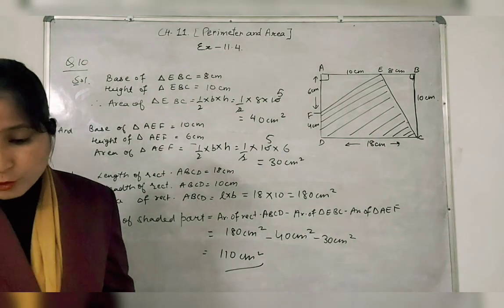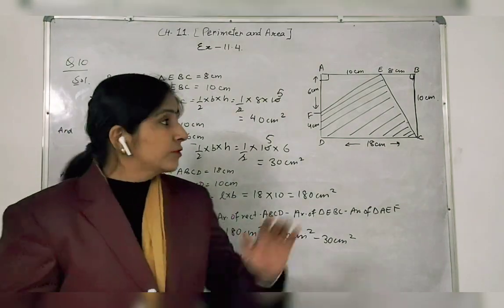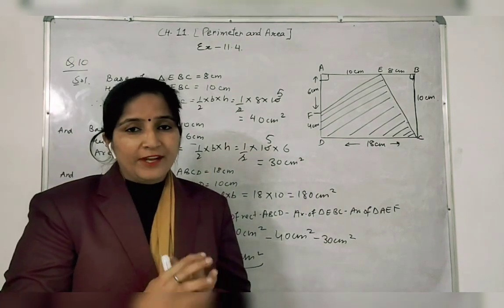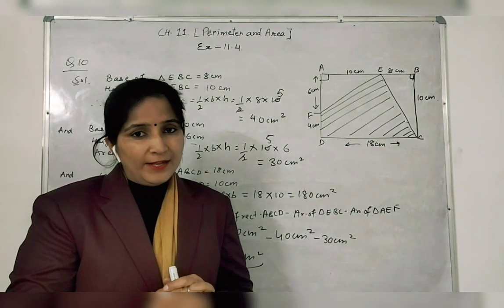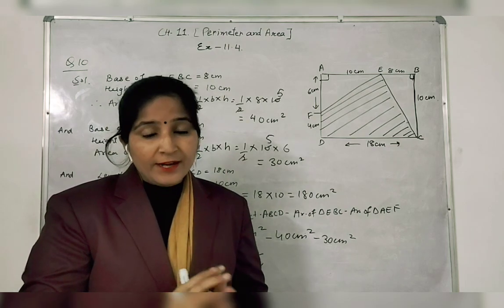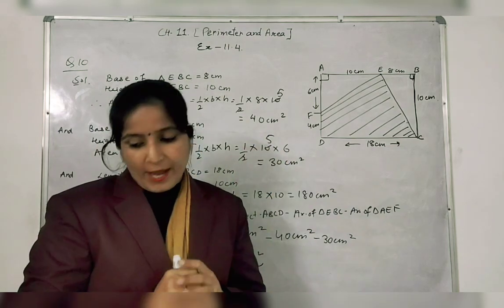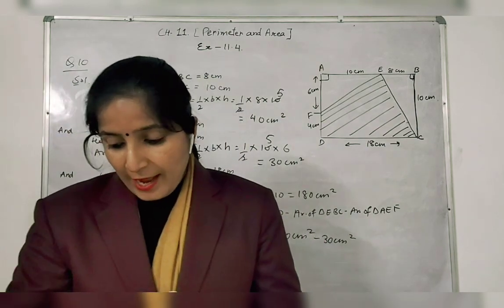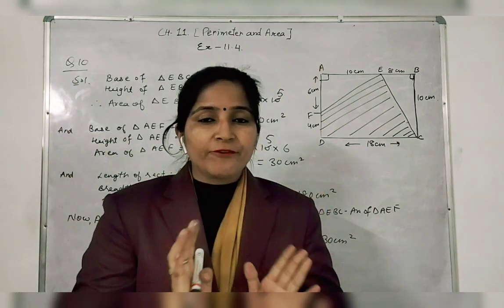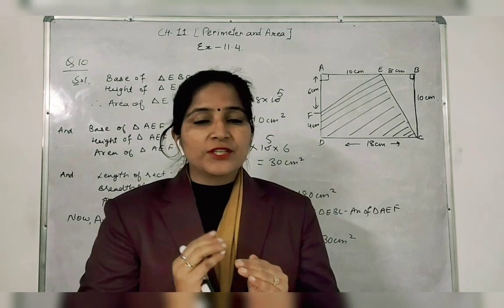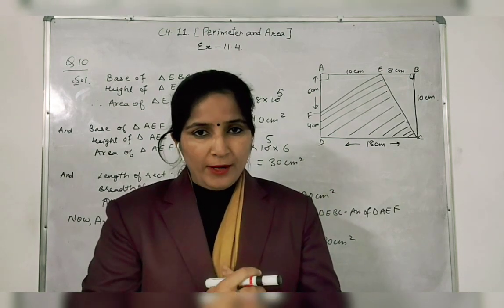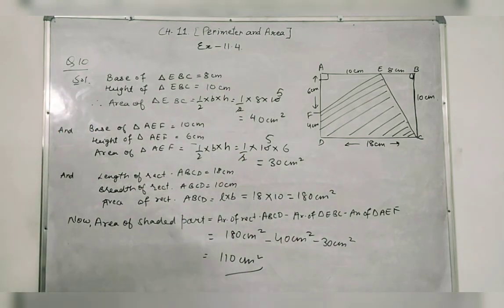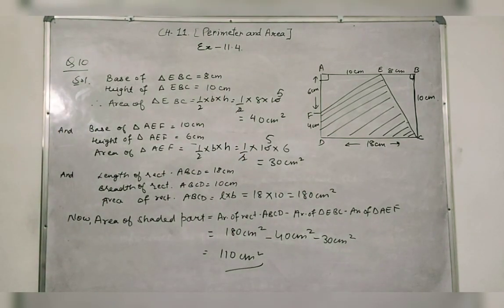Now part 2 of question number 10 is on a similar basis. Here also you can find a figure in which 3 triangles are there that you need to subtract from the square. It is a kind of square given to you in the figure, and if you subtract the 3 triangles from that square, then you will reach the result of the shaded part. Okay, so you try it yourself. Now after this we are going to start question number 11.